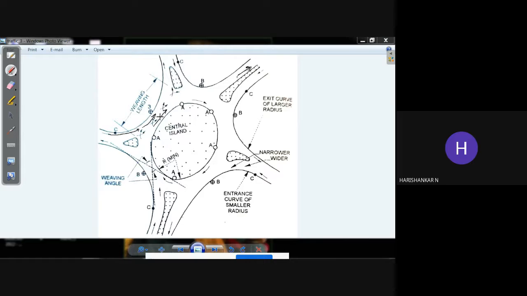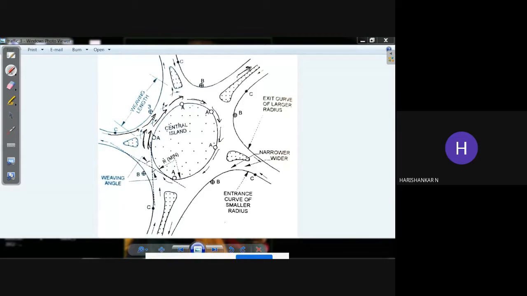Why is it shifting towards this lane? Because here you can see there are two lanes. Around this rotary there are two lanes. One lane is moving like this, and the other lane is moving in this direction, and it is always in this direction. So the inner lane will always rotate. The inner lane is always rotating like this. All the vehicles are moving like this only.